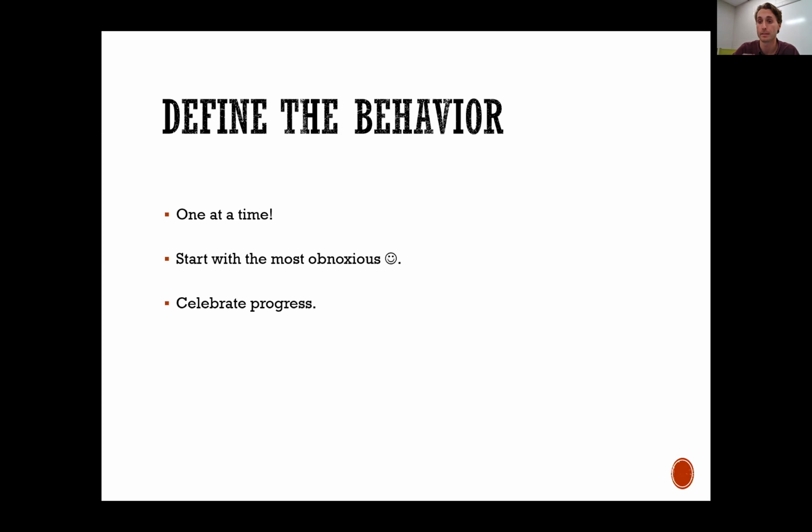And we want to explicitly define that thing. So the question that we need to ask ourselves when we have a student who's engaging in disruptive behavior is, is there more than one behavior going on here? And the best way to do that is just start writing down what they're doing. And when you have a list of different behaviors that they're engaging in, just ask yourself, which of these is the most annoying? Like which of these is the most disruptive? Which of these is the most unsafe? That is the behavior to start with.